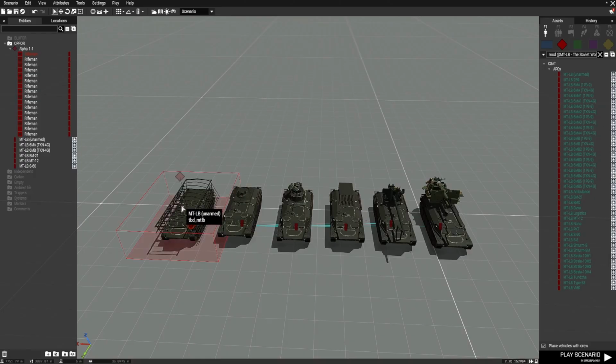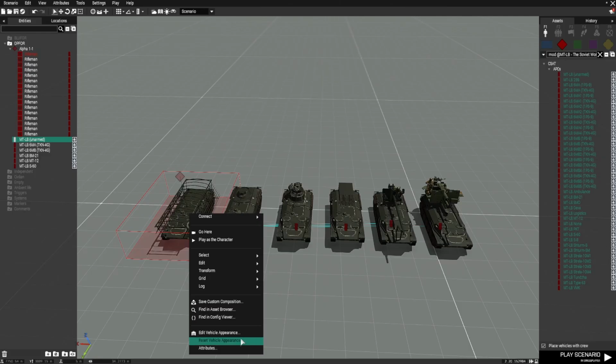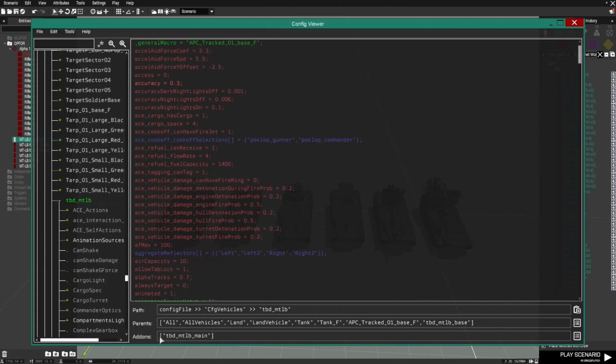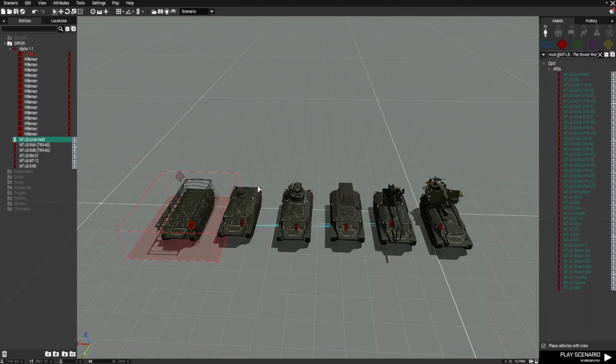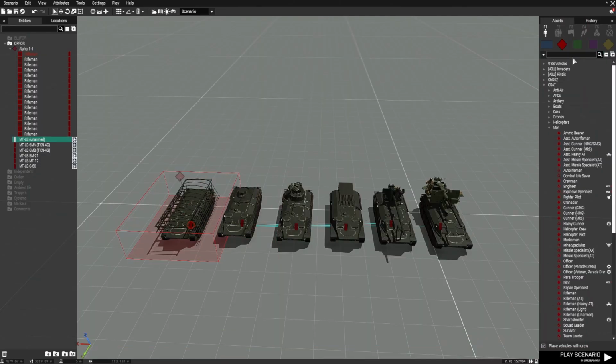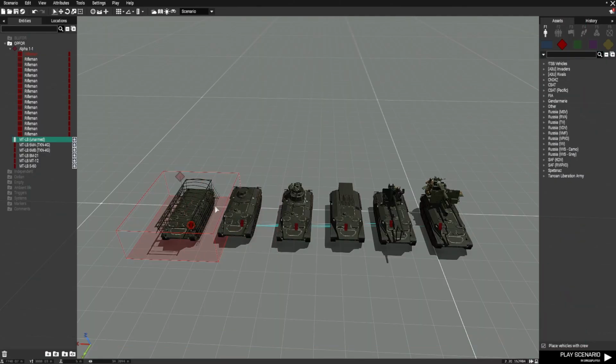We have advanced developer tools enabled, so we can right-click on something, and we can find in config view. And for vehicles, it's going to be this thing right here in add-ons. This is basically the parent class name for that one vehicle. Some mod makers make multiple different parent classes for each vehicle, other mod makers make one parent class for all of their vehicles,